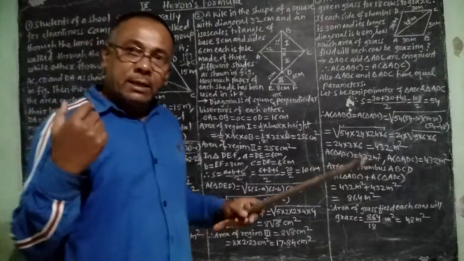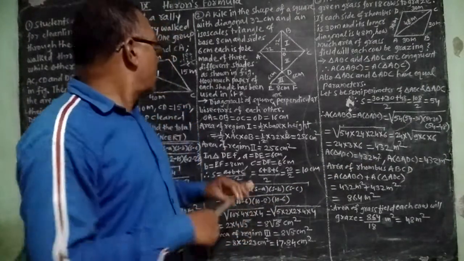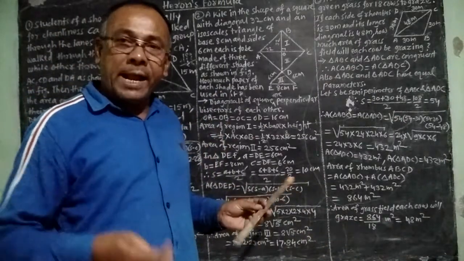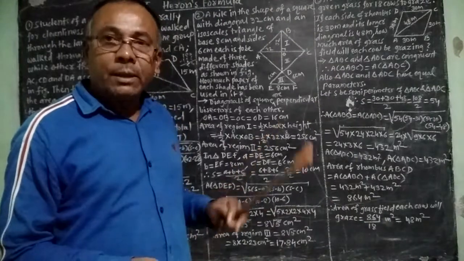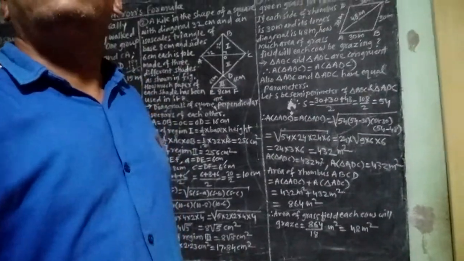And if we are asked to find the total area of the paper, then we have to add all the areas. Understand? So here now we have to see the third example given, that is